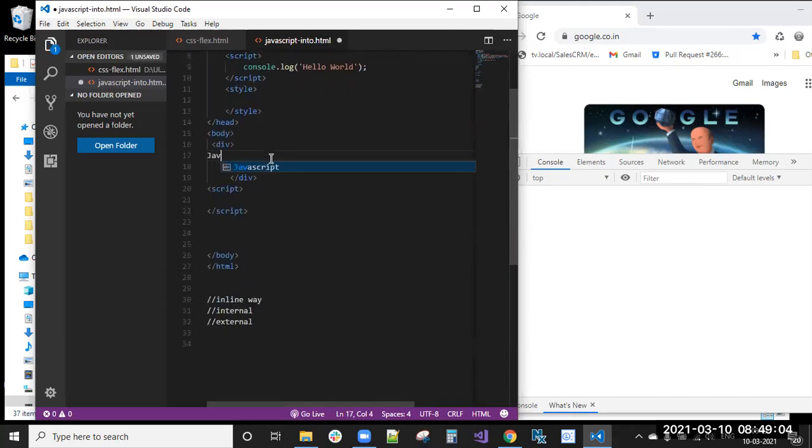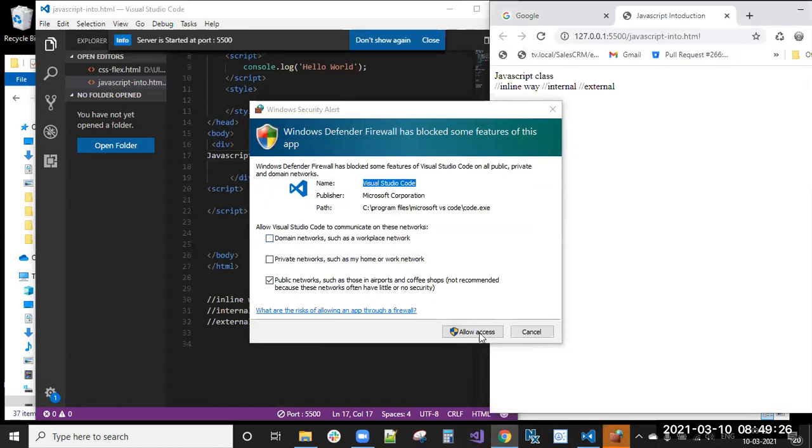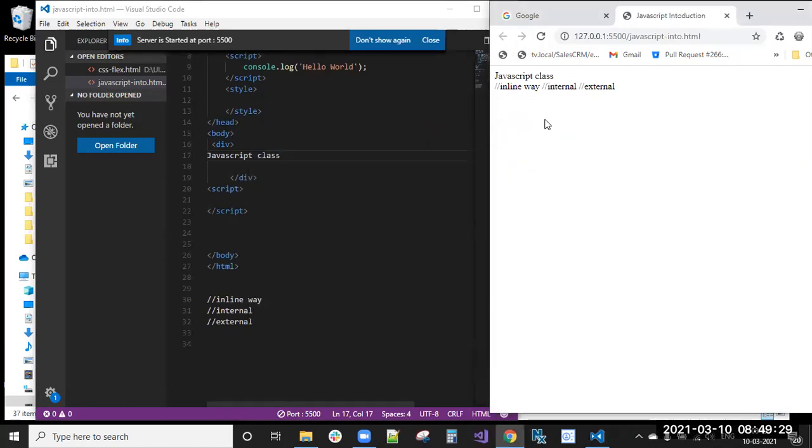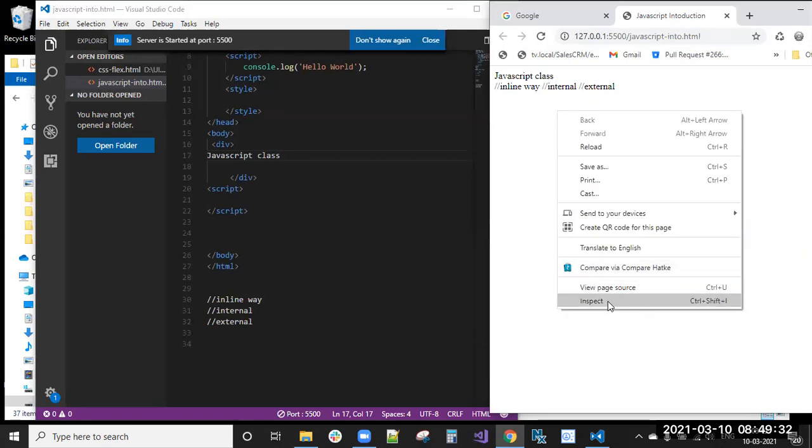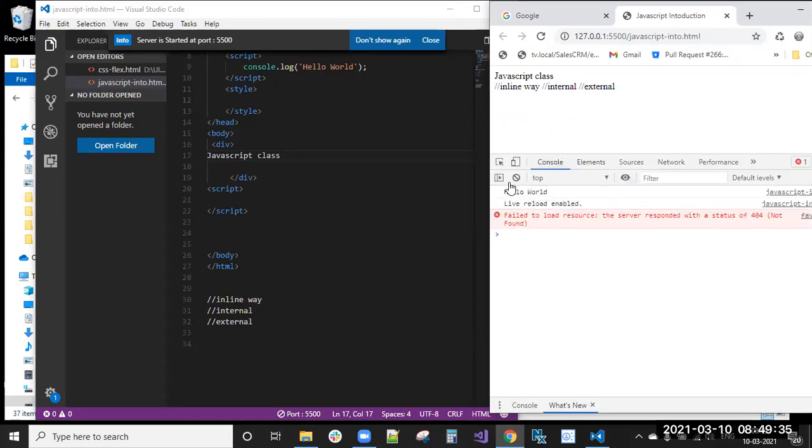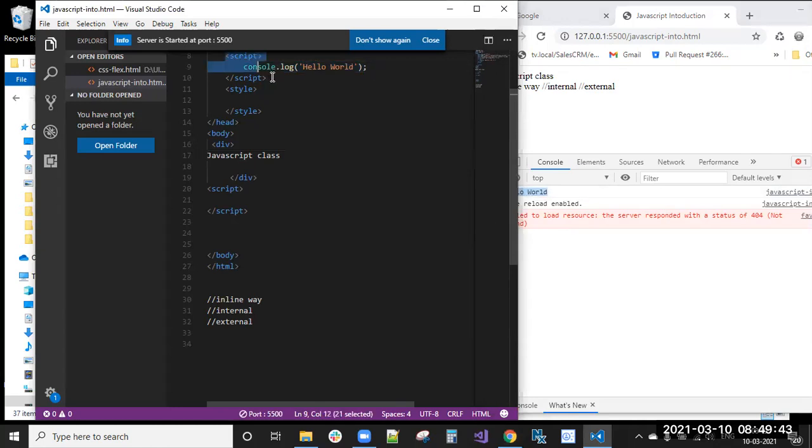Here I'm writing some JavaScript. After installing that, you need to refresh. Every time you would go there and run the HTML page, right? Now no need to go there. You just click on this go live. It will ask you to allow access, then you can allow that. And now if you open inspect, the console, hello world is there, right? This hello world is printed in the console. This is the JavaScript code. The console.